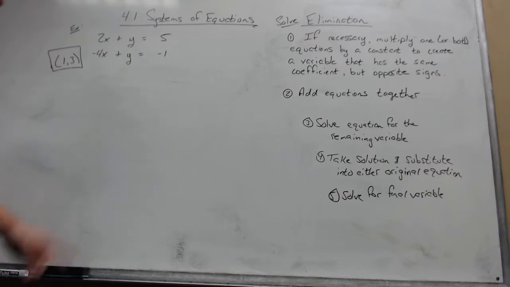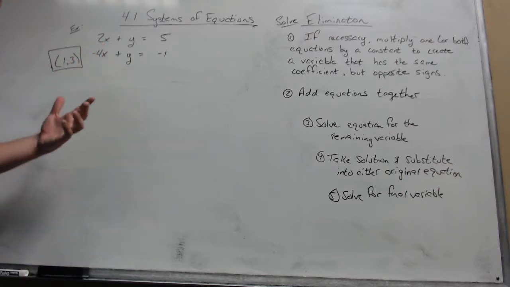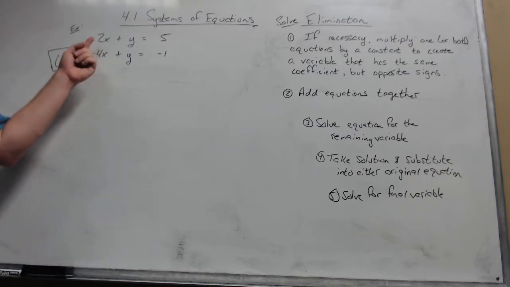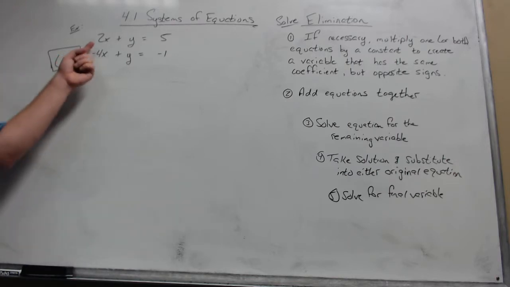So what we're essentially doing is looking at the coefficients of x or of y. I'll do both. If we're looking at the coefficients of x, we're going to say, well, what's the least common multiple? That phrase should be familiar. Now we're trying to find a common multiple of 2 and 4, because we can build these coefficients up. We can never tear them down, so we're going to be multiplying by a number to build them up. So the least common multiple of 2 and 4